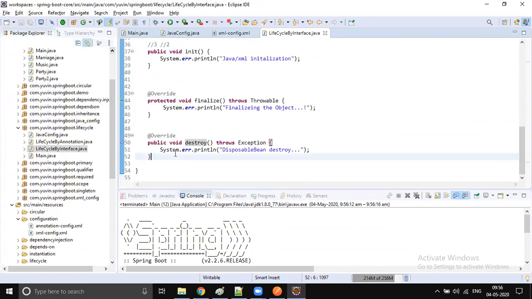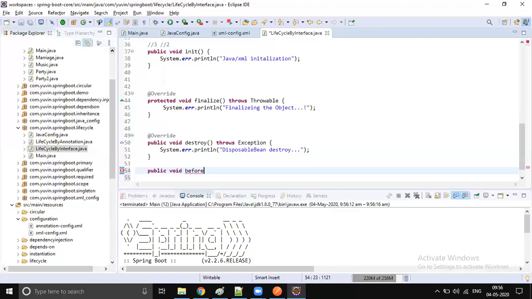Anyway, implementing interfaces or extending any classes is a bad practice. So what we do is write our own destruction lifecycle mechanism, so we don't use interface implementation. I call this before destruction.